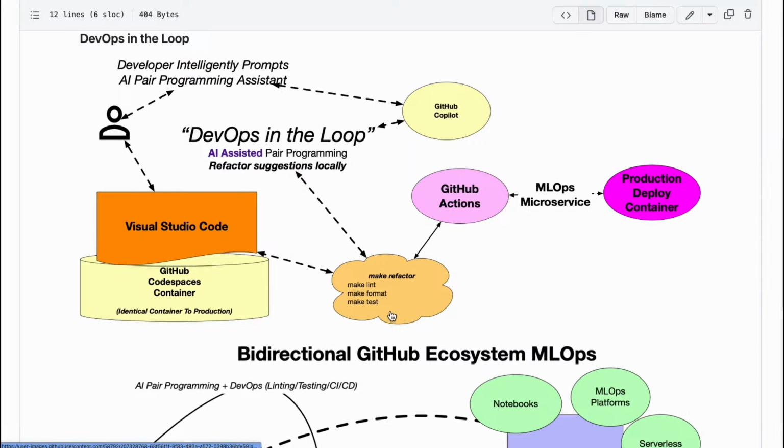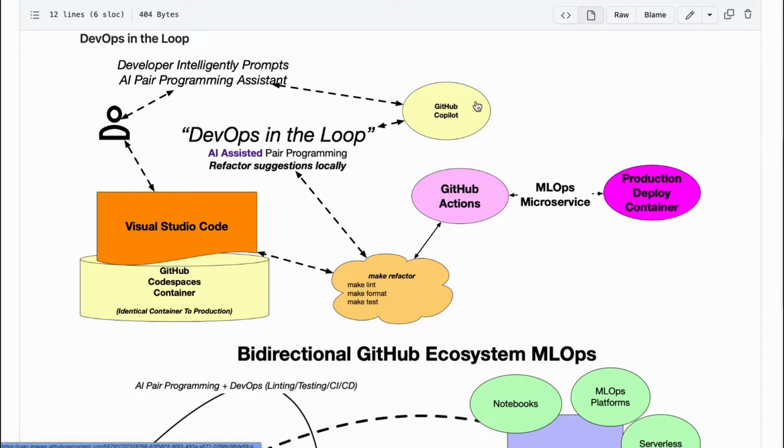But what this does is allow you to use traditional software development tools like linting, formatting, testing, to clean up the suggestions that are coming from an AI pair programming assistant. And we'll see this actually with other tools as well. So if you want to use Code Whisperer, which I'll actually demonstrate a little bit later today, Code Whisperer is the same thing. You want to build tools that actually allow you to format, to clean up, to test the suggestions, so that you can actually get the best of both worlds.